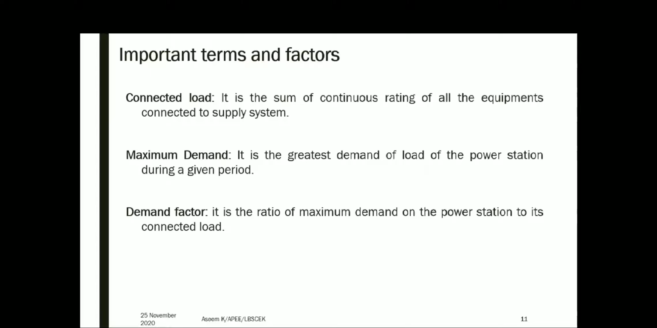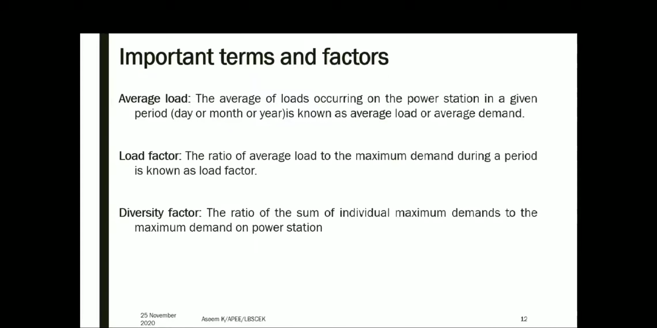Then maximum demand is the greatest demand of load of the power station during a given period. Demand factor is a ratio of maximum demand on the power station to its connected load. And all of you know that average load means the average load occurring on a power system in a given